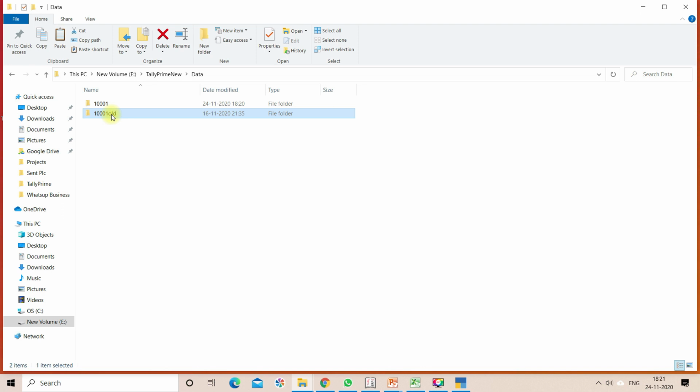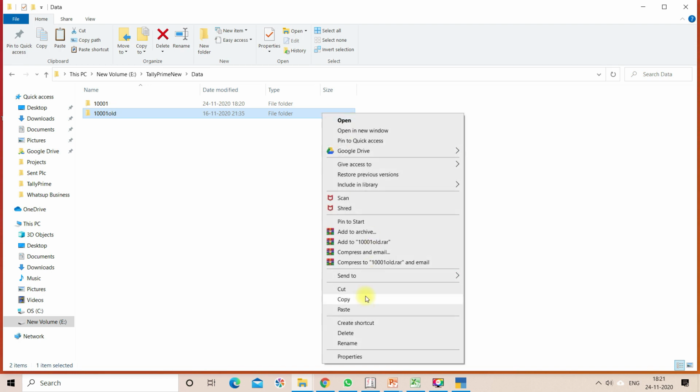We need to maintain financial year wise separate books of account, hence the number of folders may increase. In those cases we can move the financial data we are not going to use or refer to for the current financial year into a different drive or to an external disk. Right click on that particular data folder, cut and paste it in whichever drive or location you want to move that folder. Unwanted company folders can be deleted permanently from here itself.